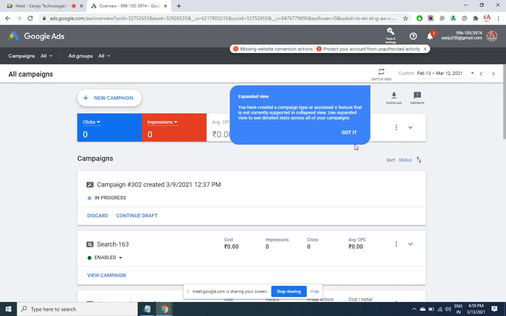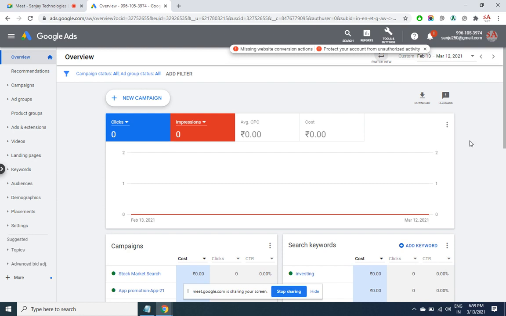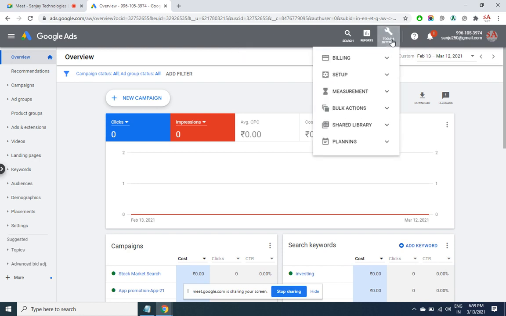Where are the rest of the options gone? This got a minified view. Okay, so here we have